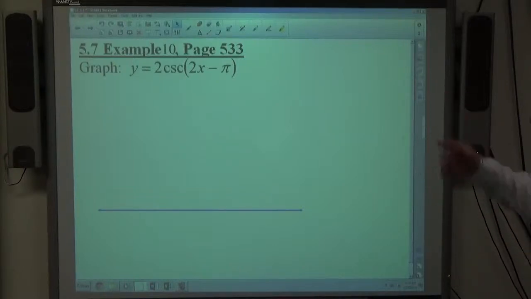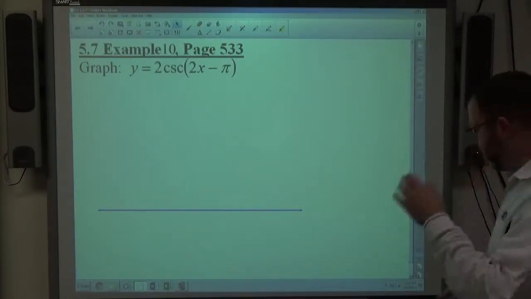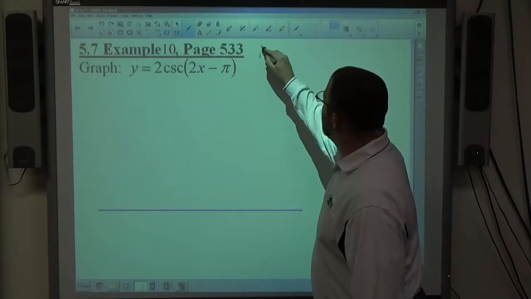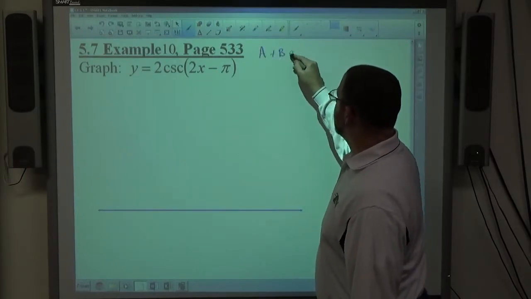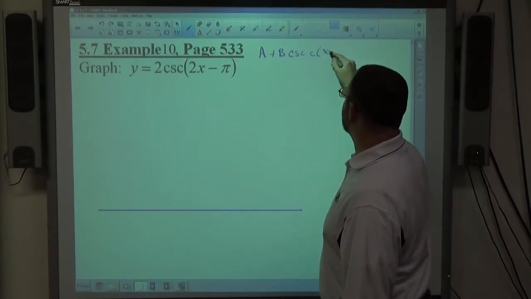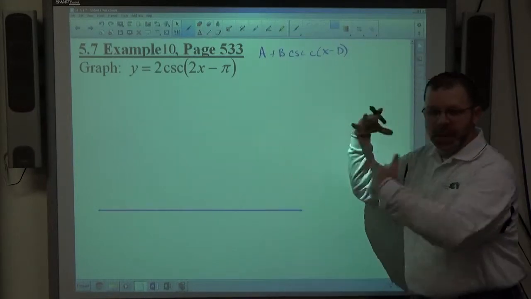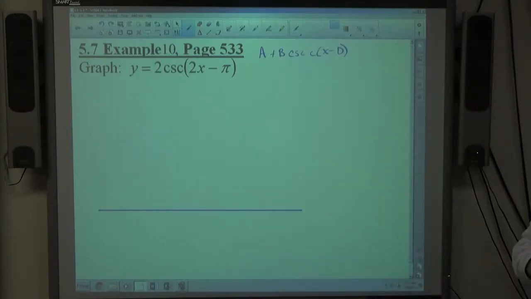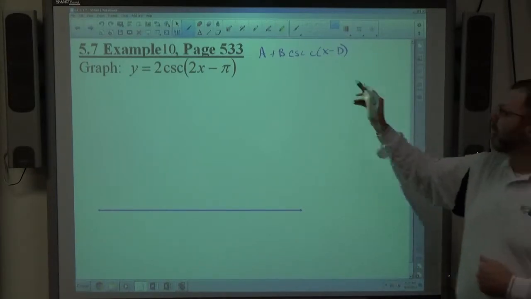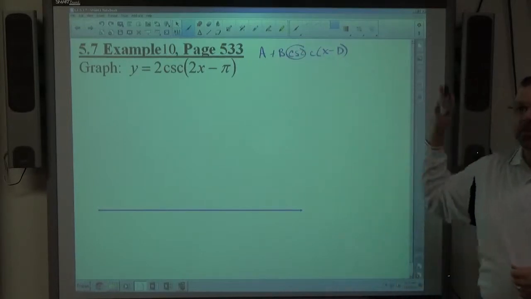Okay, example 10, graphing a cosecant graph. Again, our goal is to get that a plus b cosecant of c parentheses x minus d. Again, always go back to this type of structure. I keep writing it down. If you feel it's necessary to write it down to remember it, maybe just have your notes out while you're looking at the problem. It doesn't matter what the trig function is, they all have the same basic structure to